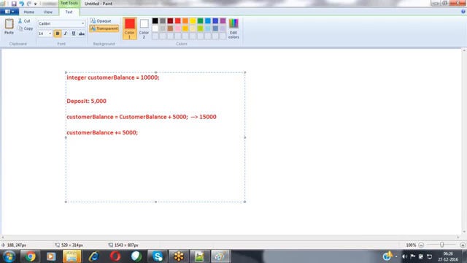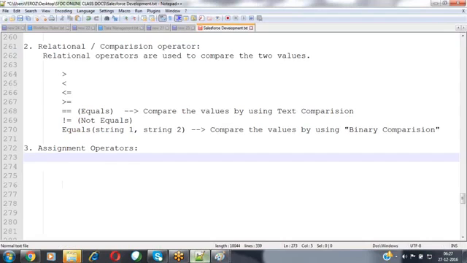So whenever you are writing that code, please use that optimized way so that we can reduce the number of lines of code, so that we can utilize the limits given by Salesforce to you. So instead of writing this particular customer balance characters again, we can just use that plus equals to operator here. Plus equals to is nothing but one of the assignment operators. Now let's see.